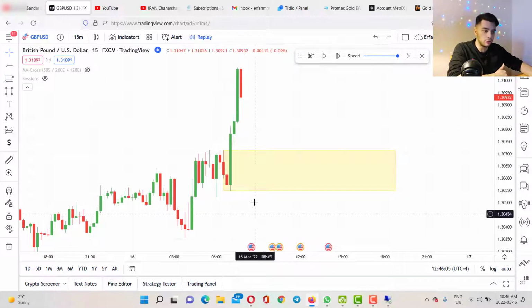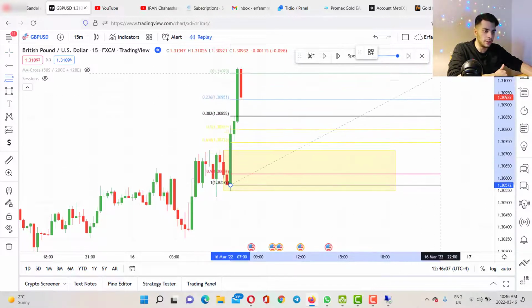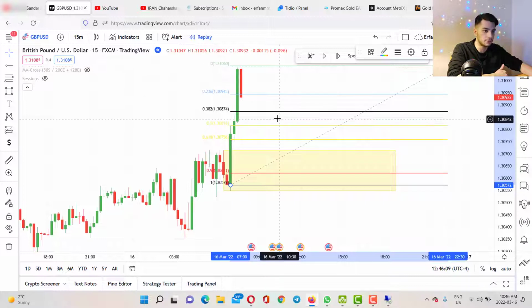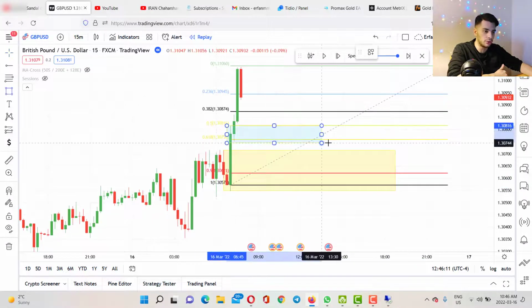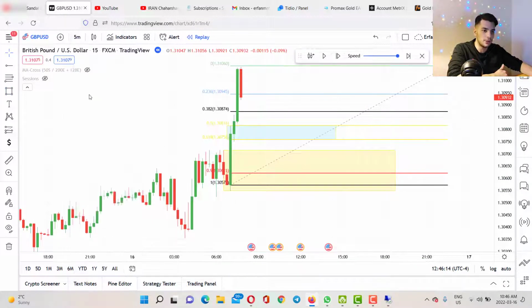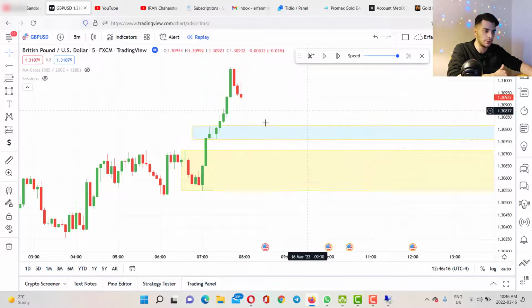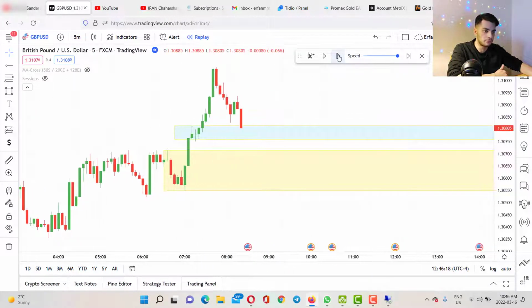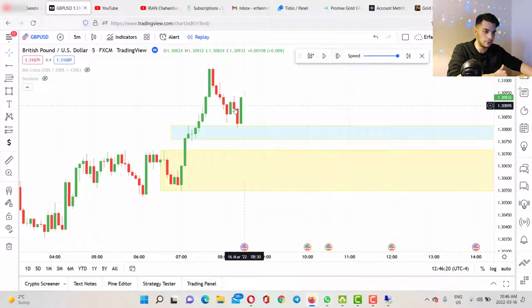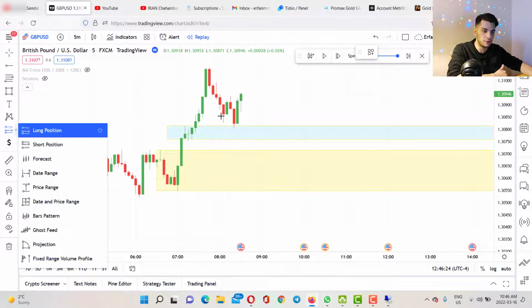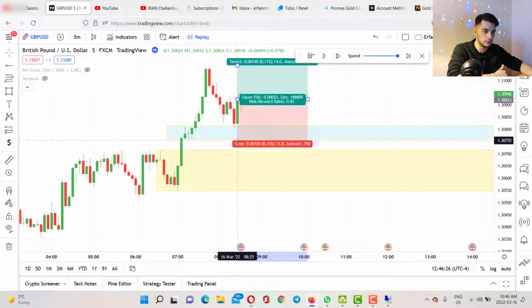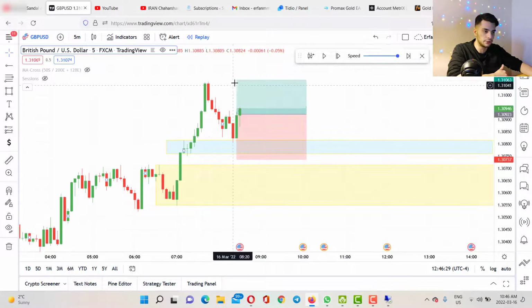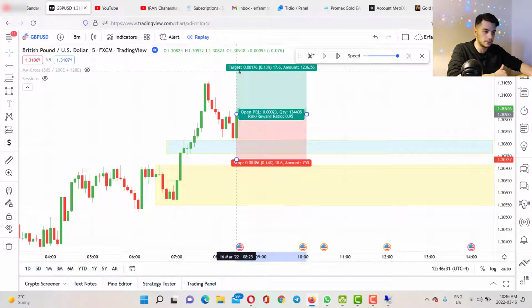Meanwhile, I can also use my Fibonacci level and draw it from here, and then I have my golden zone right here. So let's see how it reacts to this one here. So I'm going to remove this. So it literally tapped into this bullish engulfing candle. If you take your buy position here and put your stop loss somewhere around here and your TP somewhere around here,